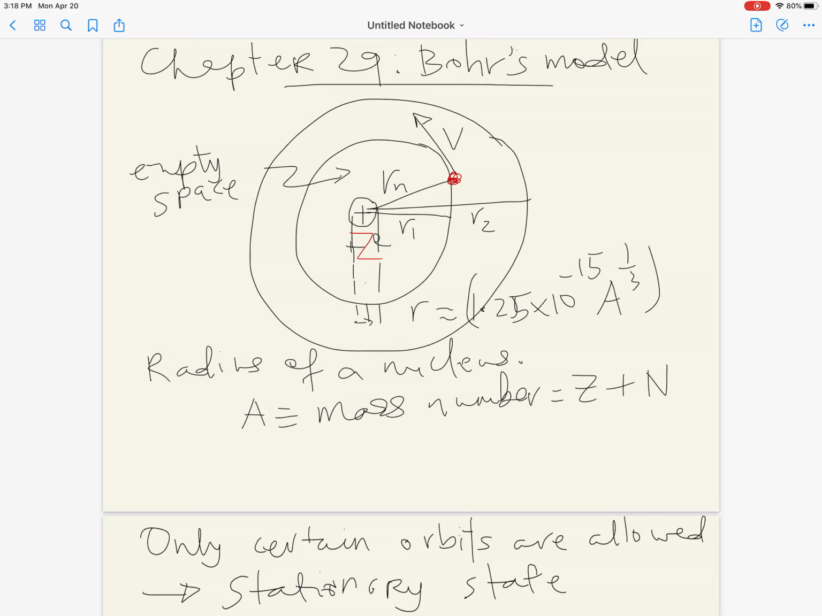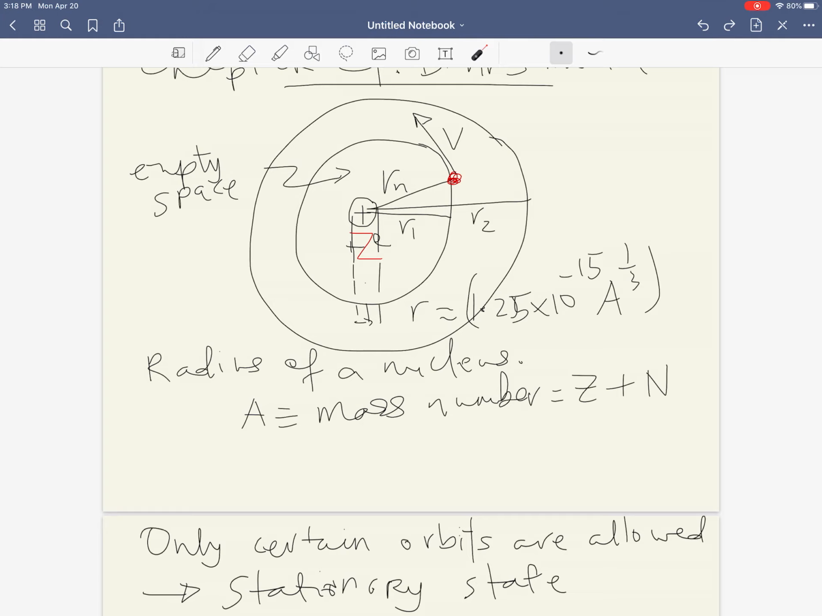Okay, this is chapter 29 on the Bohr model of the atom. According to the Bohr model, all the positive charge of an atom is located inside the nucleus. So in the case of hydrogen, there is just a single proton. But in heavier elements, there will be more than one proton as well as a number of neutrons. We are yet to discuss that. That belongs to the chapter on nuclear physics, which at this stage I doubt that we will have time to